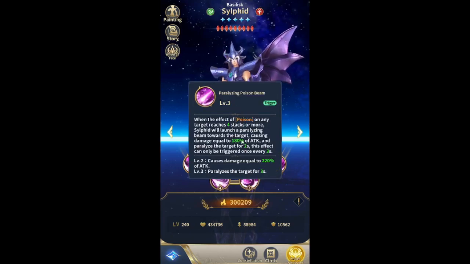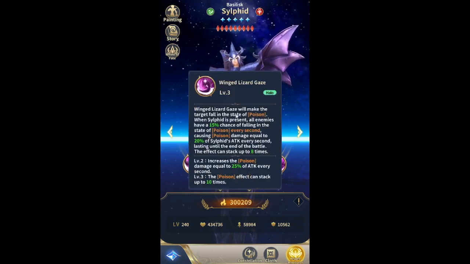Then lastly, let's talk about skill 4, which is a trigger effect, and this is also, I guess, one of his core mechanics. It says that when the poison effect on any target reaches 4 stacks or more, you paralyze the target for up to 3 seconds at the highest level, and this can be triggered once every 3 seconds. And this is actually really crazy if the enemy doesn't have a way of dispelling debuffs, because what this basically means is that if they don't have a way to get rid of debuffs, and assuming your poison is all coming from your halo effect,